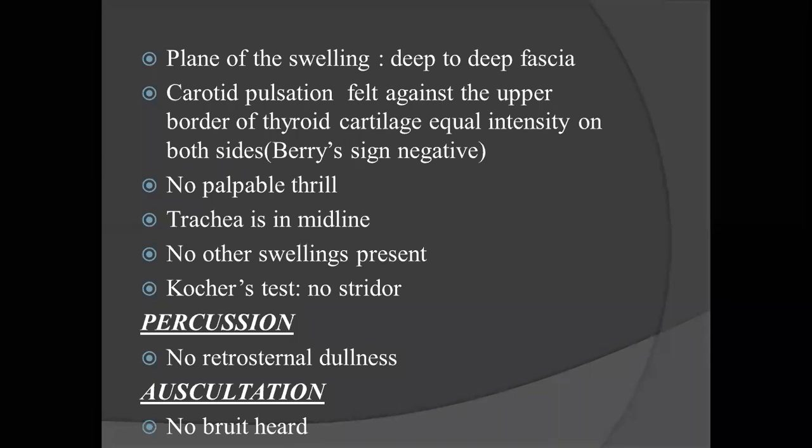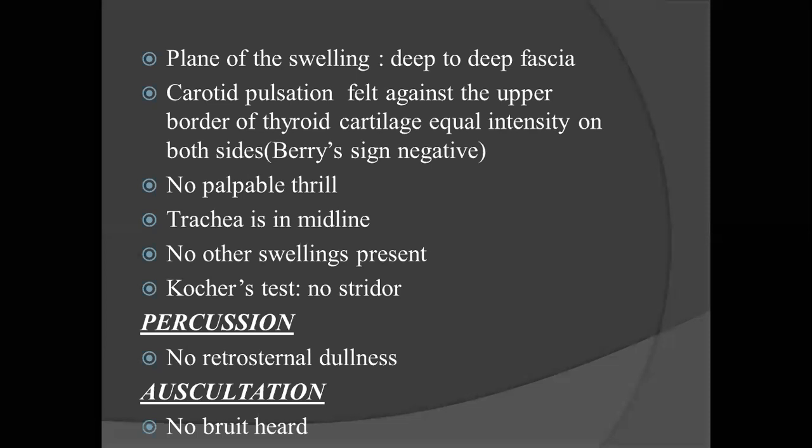In a big swelling, the deep fascia may not stretch, and may not be a good indicator to find out the plane. So what we use is the sternocleidomastoid. If you want to see whether the right lobe is deep to the sternocleidomastoid or not, you ask them to turn to the opposite side, the left side, against resistance. If it becomes less prominent, that means the sternocleidomastoid contracts and the right lobe is deep to the sternocleidomastoid.